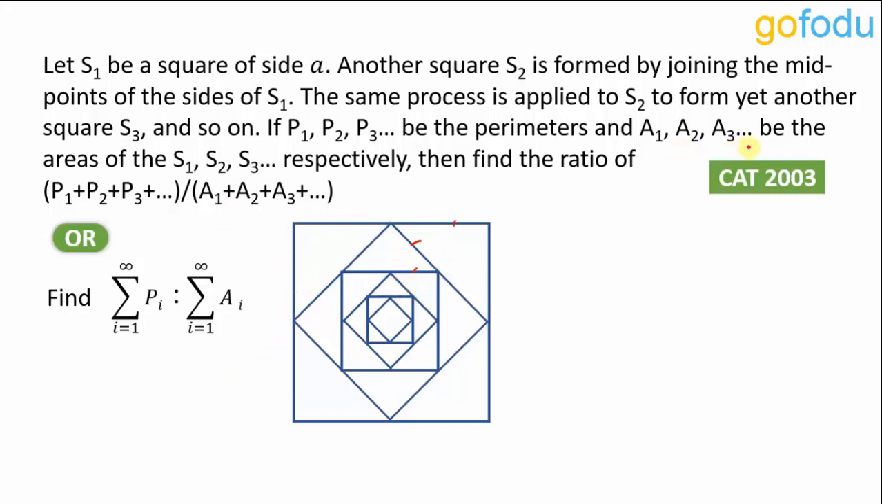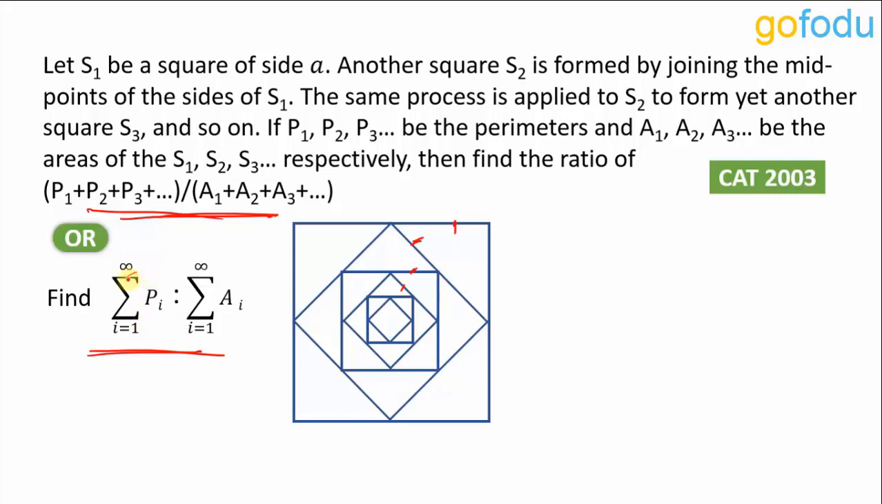And A1, A2 and A3 are areas of these squares, A1, A2, A3, A4 and so on till infinity. And we have to find this ratio, which can also be written like this using the summation symbol. One and the same thing. This summation means you add all the values of P obtained by putting value of i from 1 and going